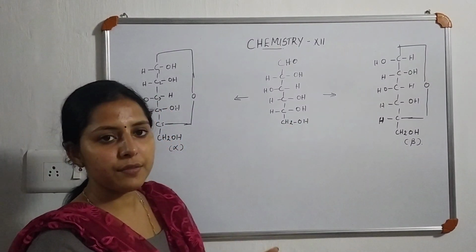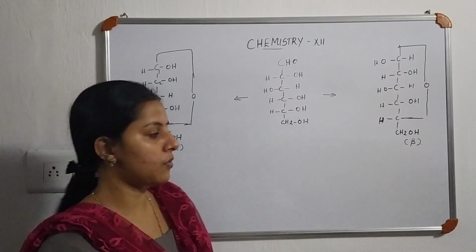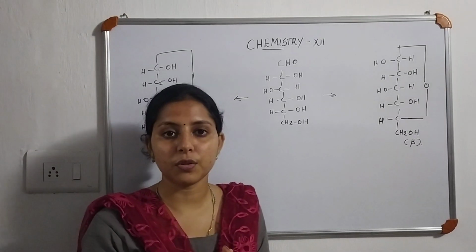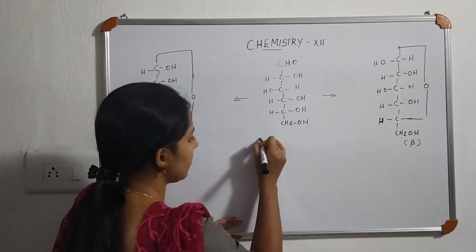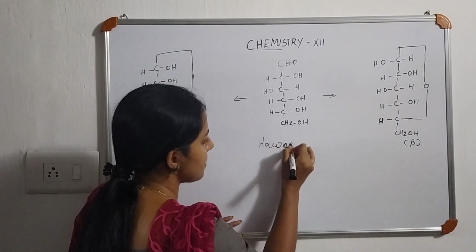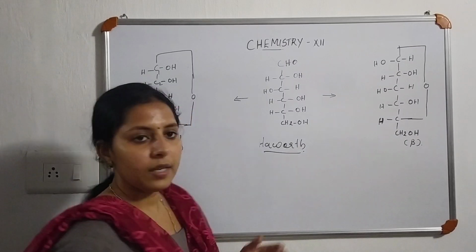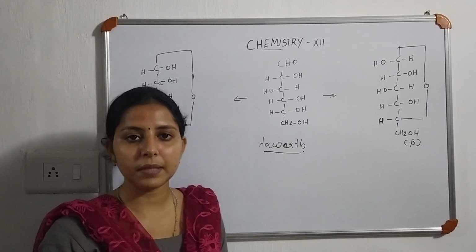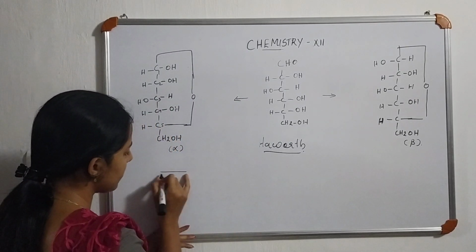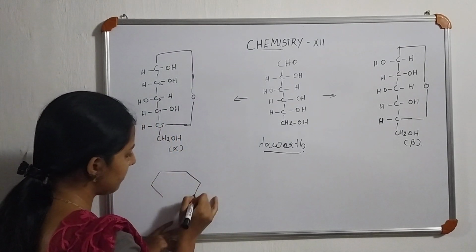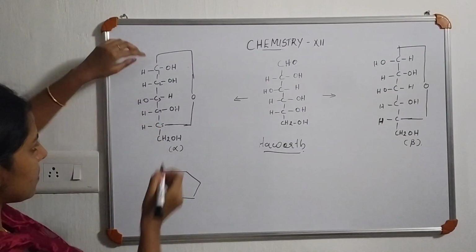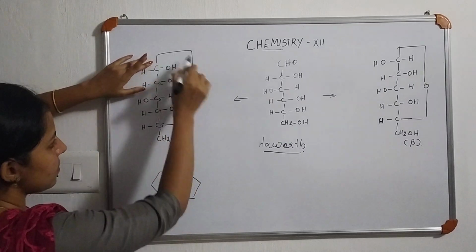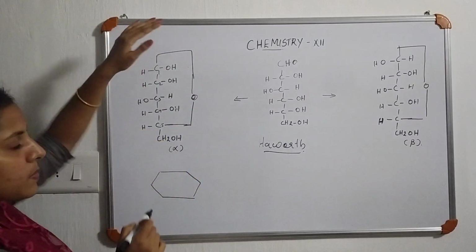Again, we have identified that there are two cyclic structures of glucose, alpha form and beta form. But the most correct structure of glucose was proposed by Haworth and it is called the Haworth structure. In this representation, glucose is depicted in the form of a six-membered ring. Draw a six-membered ring in which the six members are 1, 2, 3, 4, 5 plus this oxygen. So these six atoms form the cycle.